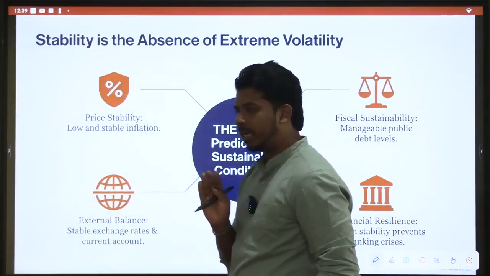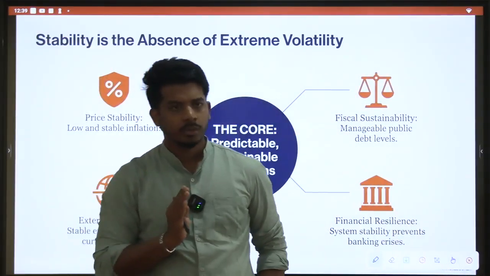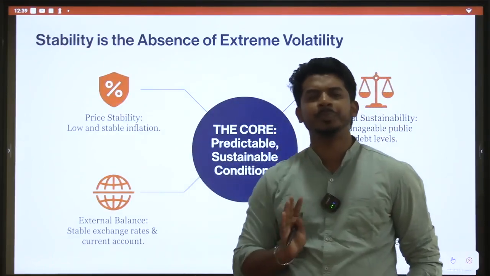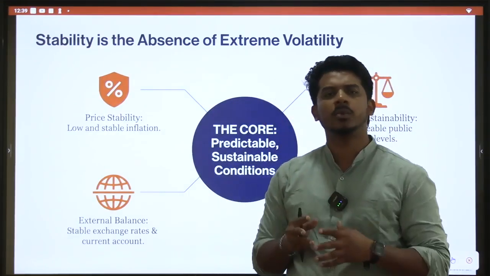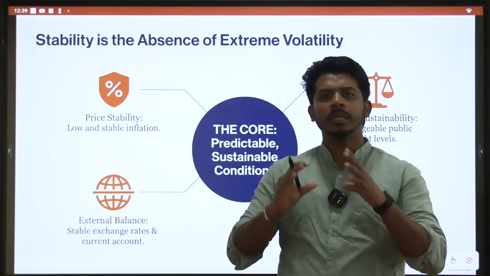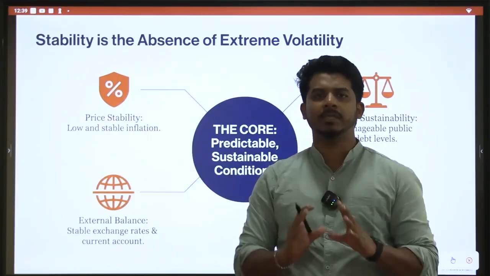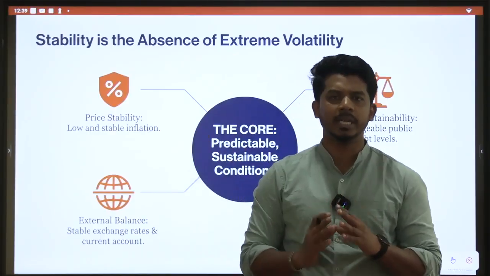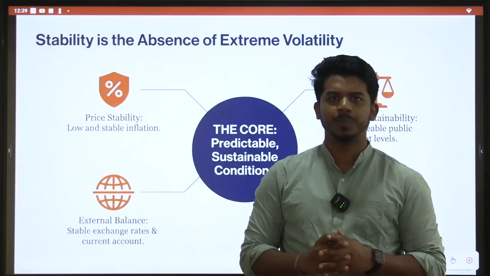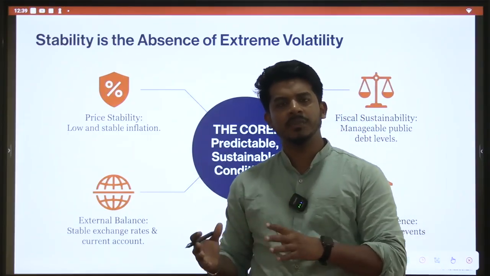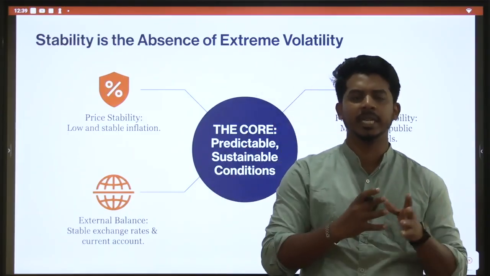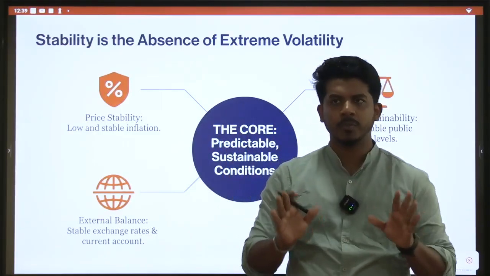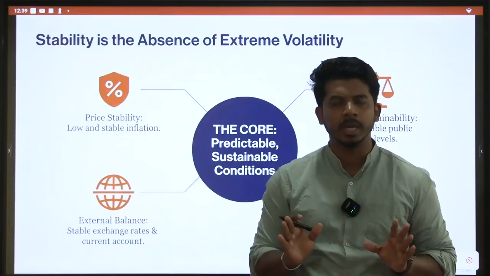First, understand some basics. We all know every country needs some financial and economic stability. In previous classes we have seen that the more stable a country is financially and economically, the more investors will be interested in investing in the country. Like foreign investors, if they have money, they want to invest in India. So now they are looking at the stability of the country. What do I mean by economic stability of the country?